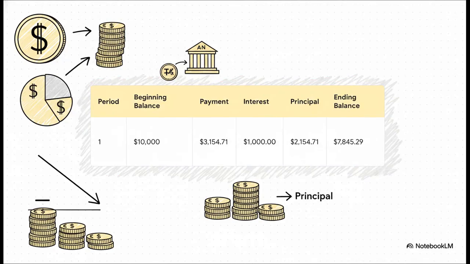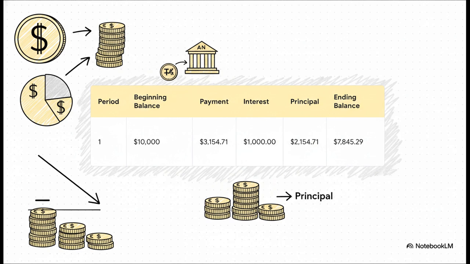Okay, let's do this for year 1. Take a look. We start with the full $10,000 balance. Step 1. Calculate the interest. 10% of $10,000 is $1,000. That's our interest expense for the first year. Step 2. Figure out the principal. We take our total payment, which is $3,154.71, and we subtract that $1,000 in interest. That leaves $2,154.71. That's our principal reduction. So for step 3, we subtract that principal from the original $10,000, and our new ending balance is